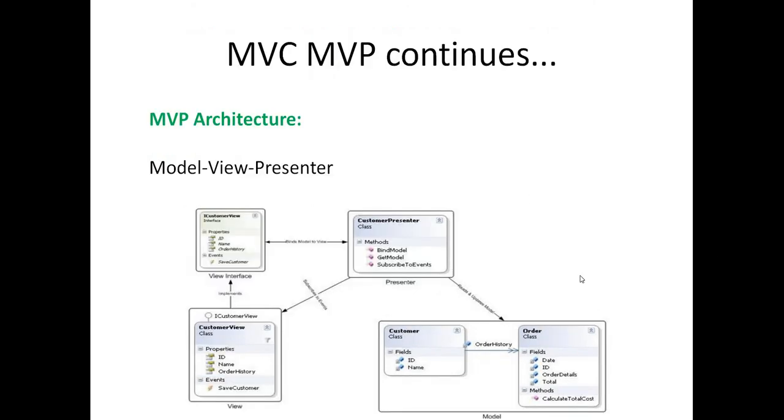The next is model view presenter. In this, view and model are the same. The controller has been replaced by a presenter, and there is a presenter interface and a view interface. So presenter and view will interact using this view interface only, and this view interface is placed on the presenter side. So from the view, the event will go to the presenter. The presenter will send that request to the model, and the model will change itself and send the event back to the presenter, and the presenter will send that event back to the view. So this way it works.